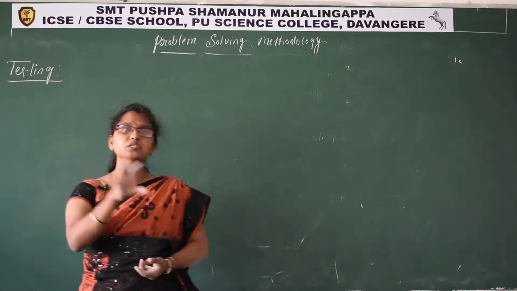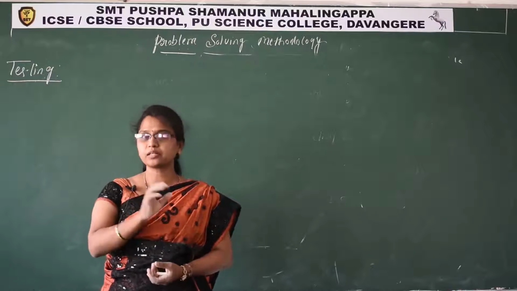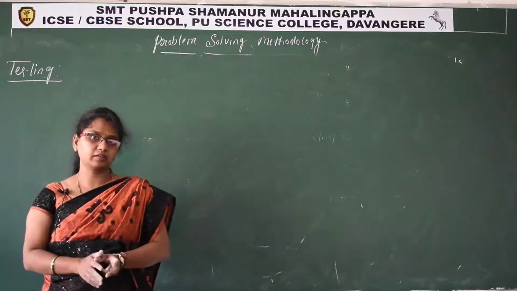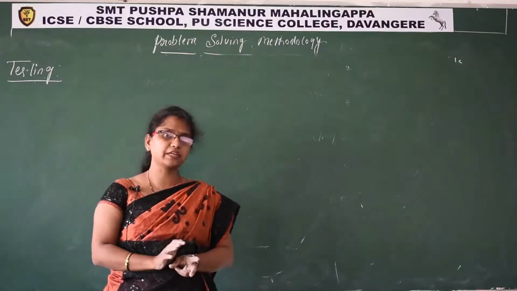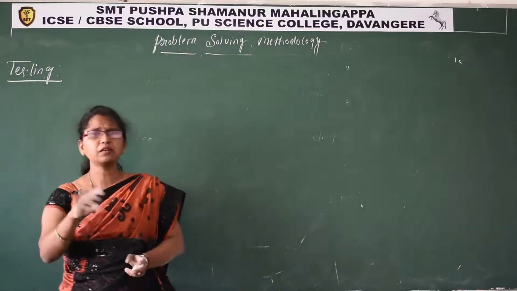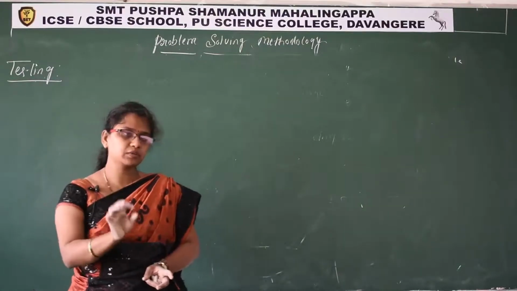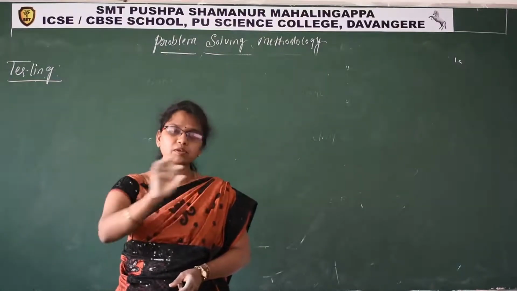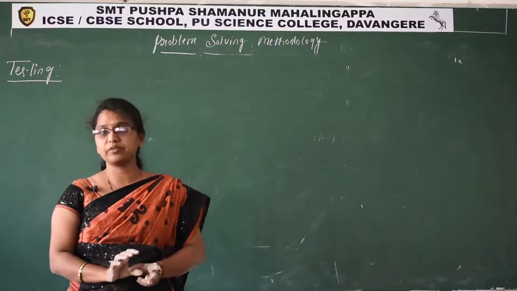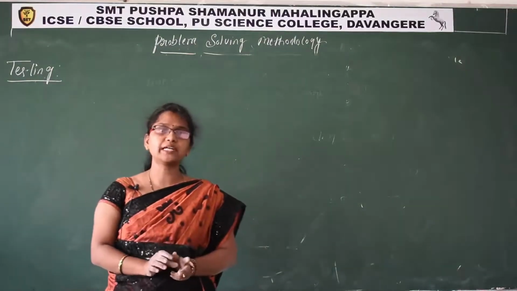Not only for 1 or 2 sets of input, variety of inputs, all set of inputs, it has to give correct output. Okay, I told you, if I write the program to check whether 2 persons age I'll give, and it has to display who is younger and who is elder. So what are the values I can give? It has to give correct output. So if it gives right output for all possible inputs, then it is correct. That is called verification. Verification means the process of checking the correctness of output, we call it as verification.